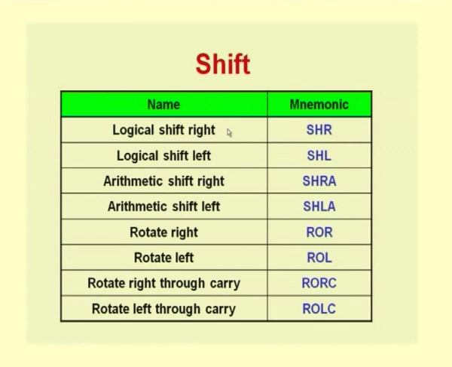Now, coming to other data manipulation instructions, we also have various forms of shift operations which are normally provided on many architectures. We talk about shift right and shift left. And when we talk of shift right and shift left operations, we normally have two variations here. We talk about a logical shift and an arithmetic shift. There is a difference between these two which we need to understand.